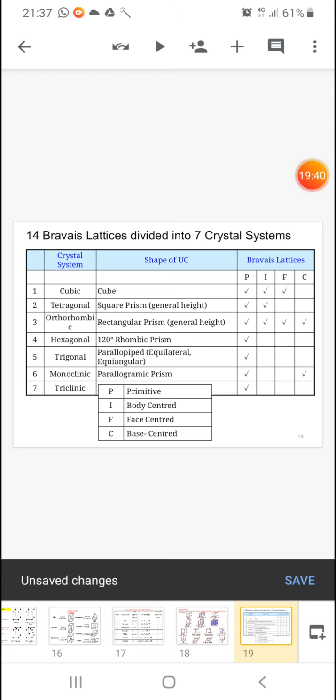Now from that we have to make another table of the Bravais lattices, divided into the 7 crystal systems, that is the crystal system, shape of the crystal system and the Bravais lattices. Cubic crystal system, shape cube. It is the primitive